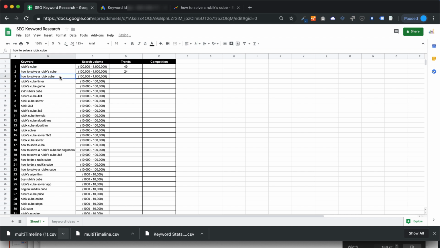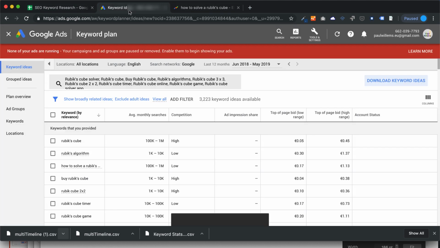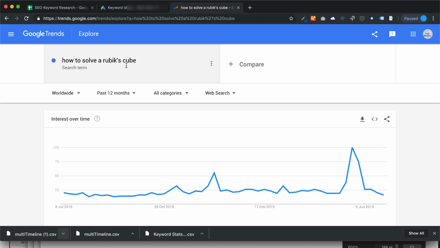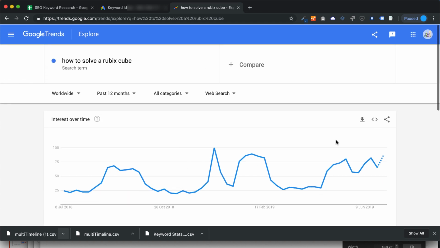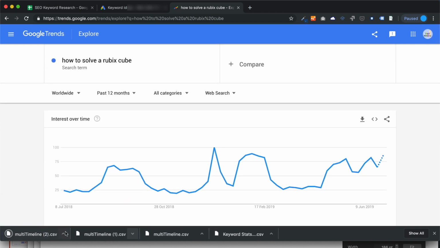And the next one, how to solve a Rubik's Cube. That's a nice one because it looks almost the same. So when I copy it and I'm going to paste it, I'm curious if it's got the same index. Well, it looks a lot different, and it's just one character different here. So I'm really curious what is the